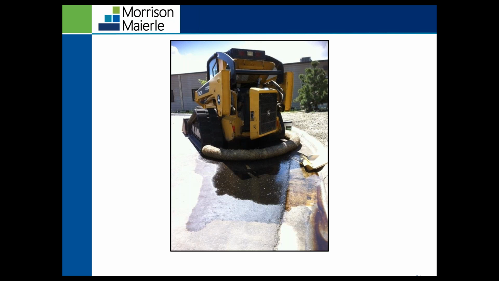And so what the contractor used here was a straw wattle. Well, this BMP, the straw wattle, is not adequate for the pollutant, or it's not even installed correctly either. Straw wattle needs to be staked in the ground and needs to be trenched in. So you can see right here, it's not staked, it's not trenched in, and it's just allowing for oil to flow right underneath it, and it's not preventing that oil from discharging from the site. So corrective actions here is place an absorbent on the surface and place a container under the leak to contain the oil.